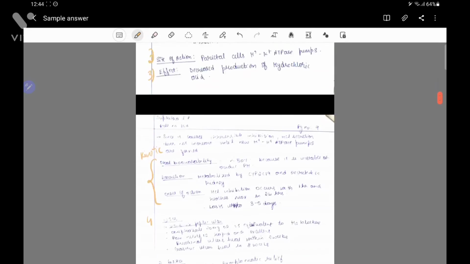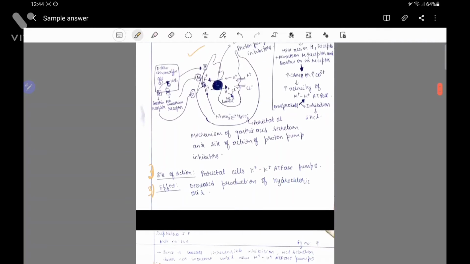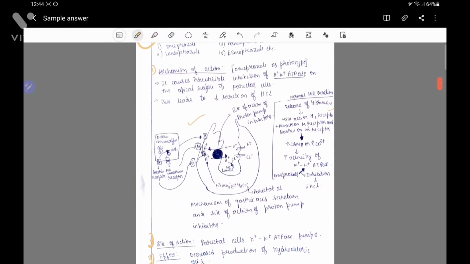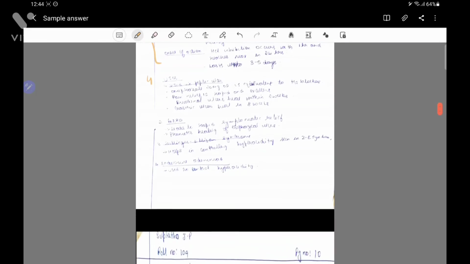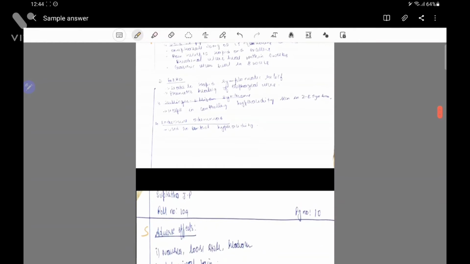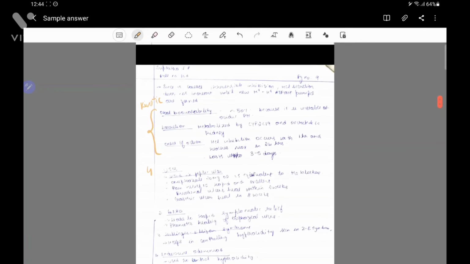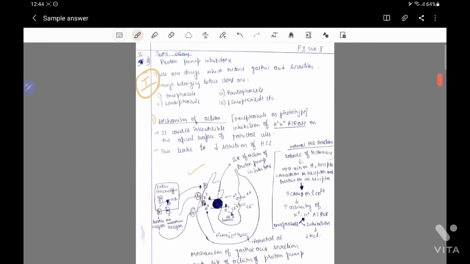So you need to emphasize on certain important things or write more on certain important things. For example, I have written a lot more on mechanism of action, but not on these other subheadings. Again, I have written a lot more on uses. So similarly, you have to make sure that you're emphasizing on the important things and explaining a little bit more under these subheadings whenever needed. So this is how I would write a 5 marker.